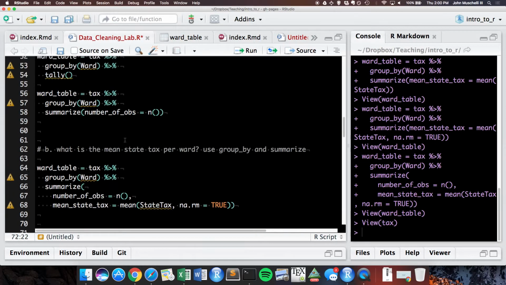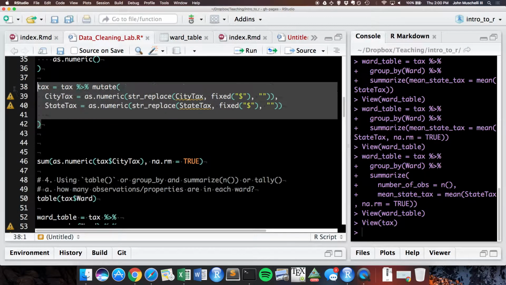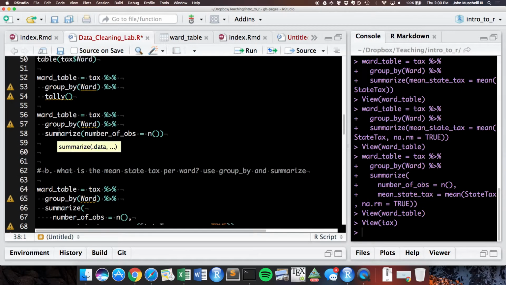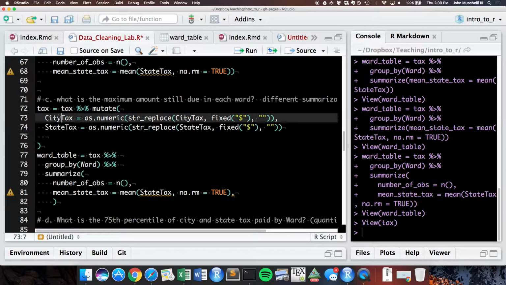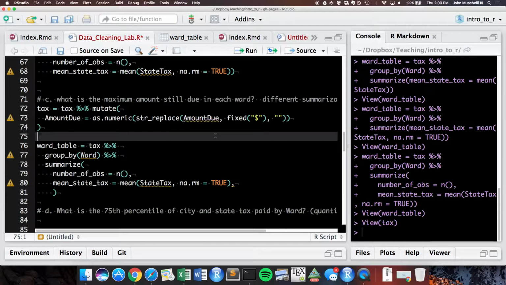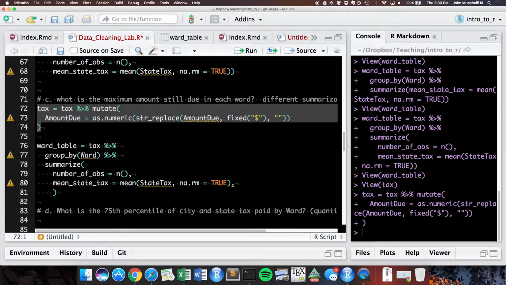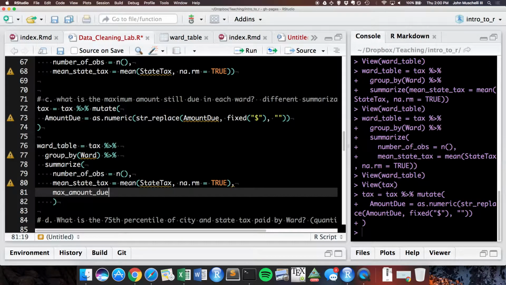So again, up here, I'm going to take this command, and before we run this summarization, I'm going to say amount due, and I'm going to put it in there. So up above, amount due was a character. Now after I run this command, it'll be numeric, right? So now max amount due